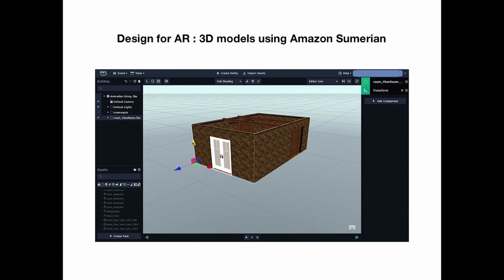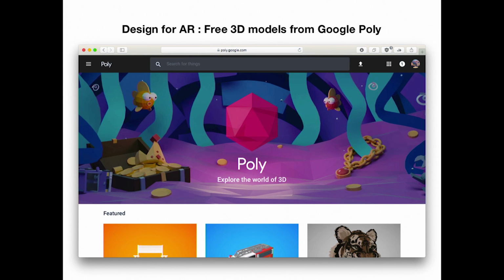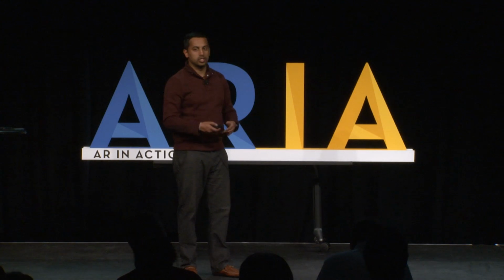Amazon created a free-to-use software called Sumerian. It is basically for 3D programmers and artists to create 3D scenes and models for VR and AR purposes. So it's free to use. They recently launched it, and I would highly encourage you to check this out, because the more tools, the easier they are to use, the better for us. And of course, in the last talk, we saw Google Poly. A lot of people are contributing to this. They're putting their 3D models out there. You can download them. This is free, open source, and you can just use those.